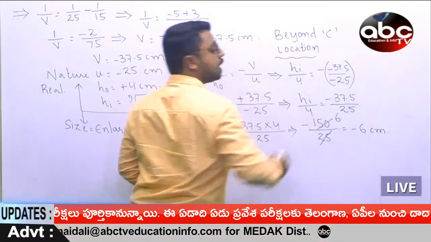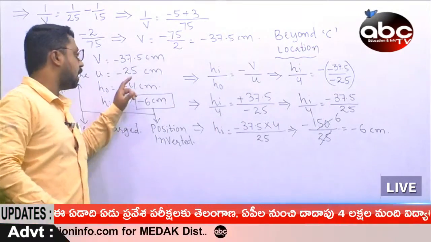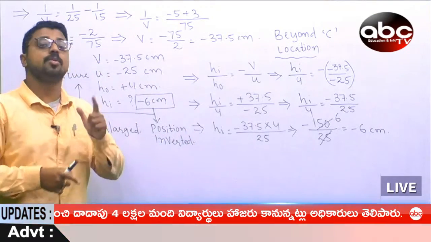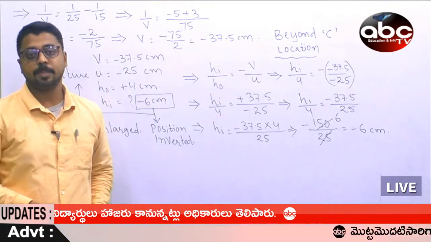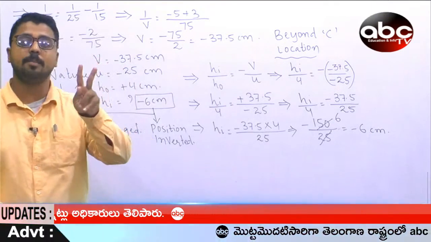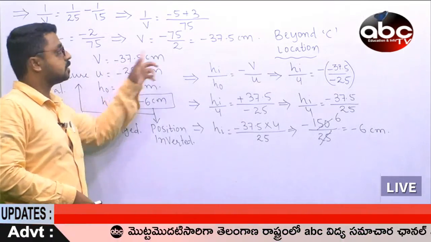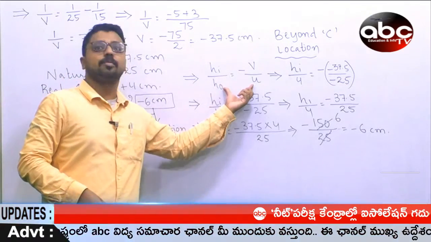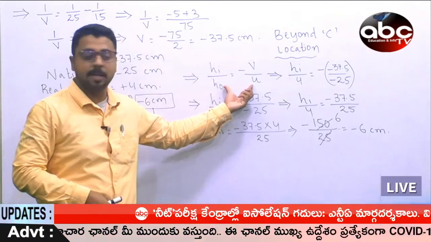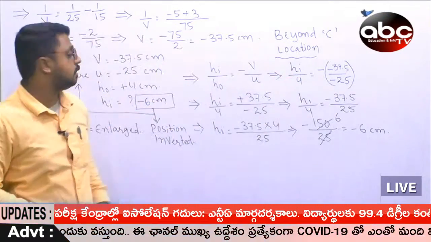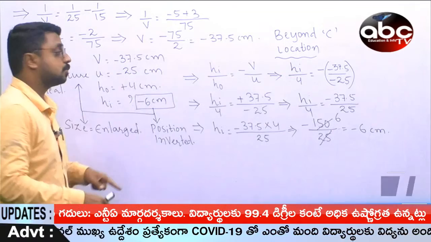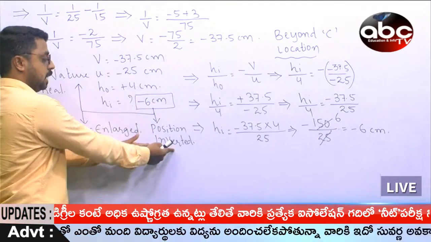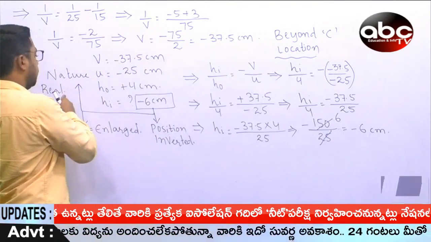So this way we can get the characteristics one by one by combining these two formulas. These formulas fused together can be asked as a question of 4 marks. In this we made two divisions. Point number 1, we have calculated the image distance. Whereas the second is the nature of the image, which we calculated by fusing these formulas, that is the indirect approach of magnification, and in this, on applying sign conventions, we automatically obtained -6. Based on this, comparing the sizes and symbols: 4, 6 enlarged, plus minus inverted, and 37.5 centimeters it's real